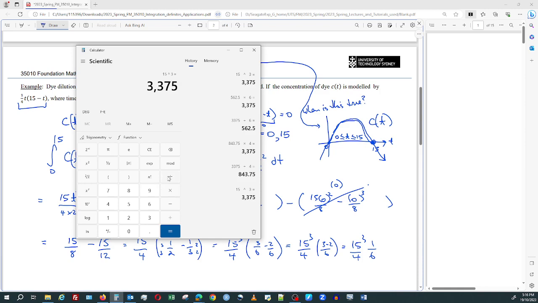Divide by 4. No, I'm going to keep it going as 3375